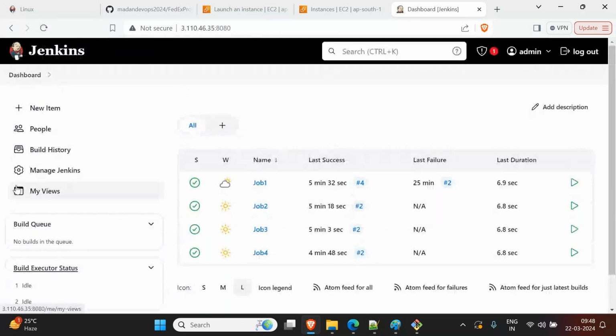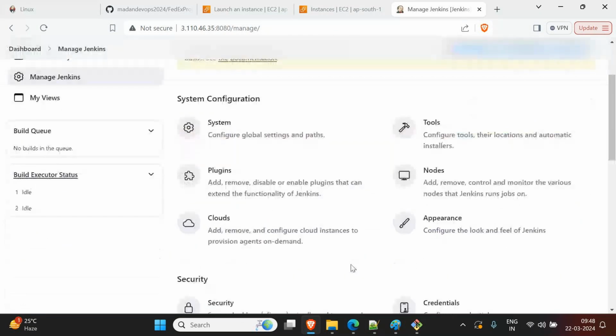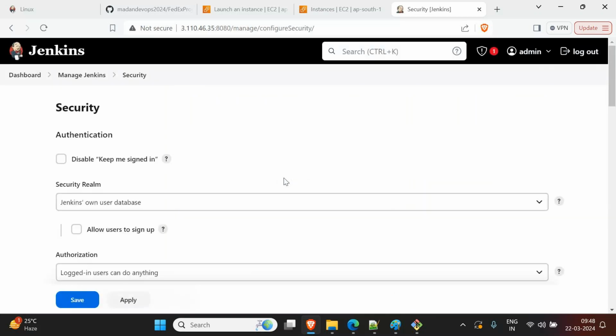Go to Manage Jenkins. If you see here, on the right side we have Users. Here we can create, delete, modify users that can log in to this Jenkins. I can create users as a DevOps engineer. And then Security, to secure Jenkins. Define who is allowed to access and use the system. So when you click on Security, for example,